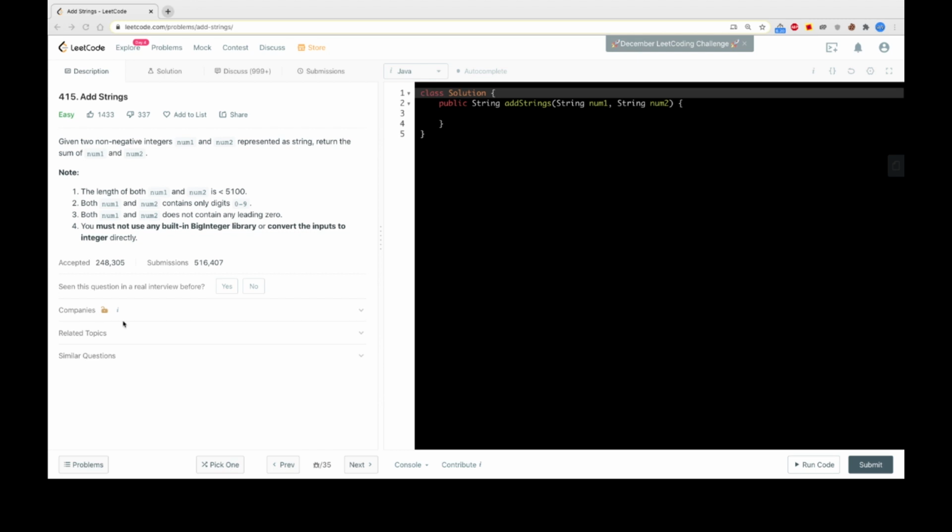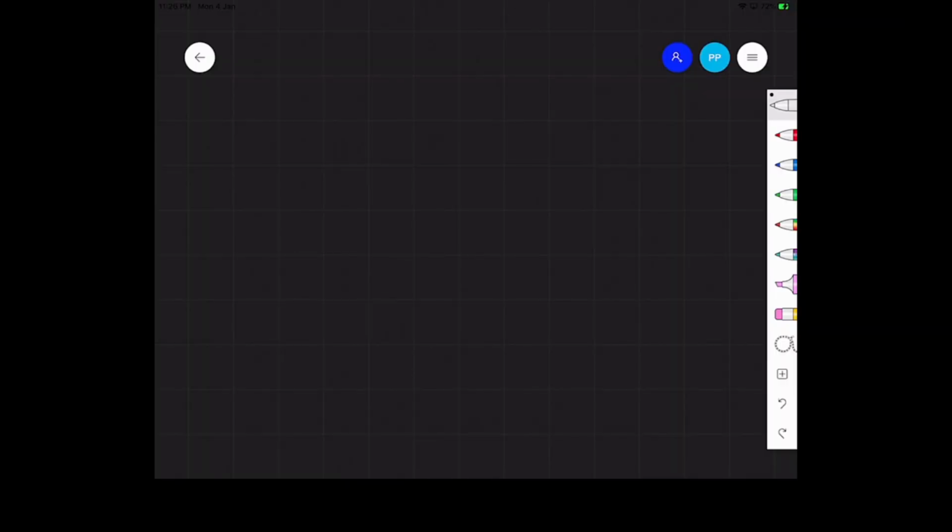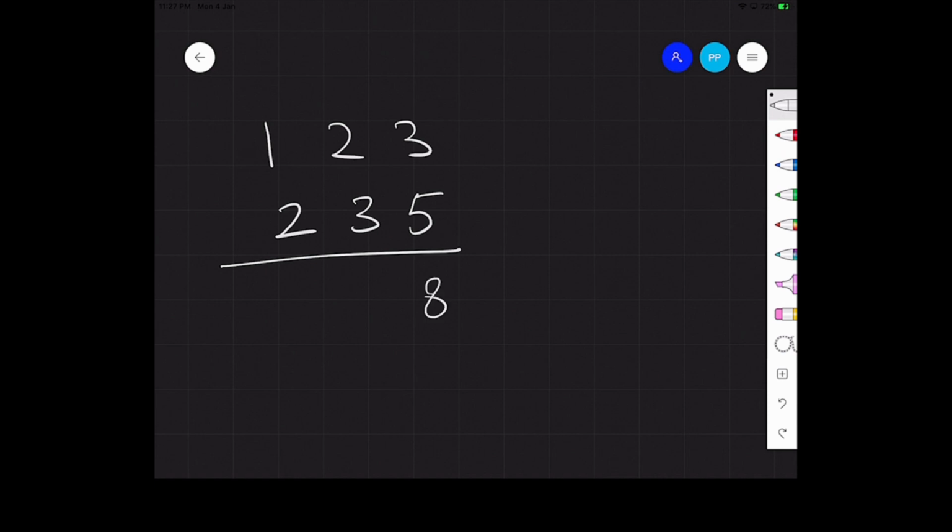So, how do we solve this problem? To solve this problem of adding two numbers, we can use our basic mathematical skills. For example, say we have been given a number 1, 2, 3. In this, we want to add another number like 2, 3, and 5. How do we add these two numbers? We start from the rightmost digit: 3 and 5 become 8. 2 and 3 become 5. And 1 plus 2 is 3. So adding 123 plus 235 becomes 538.